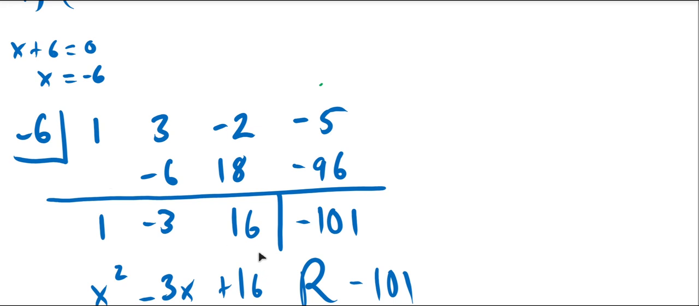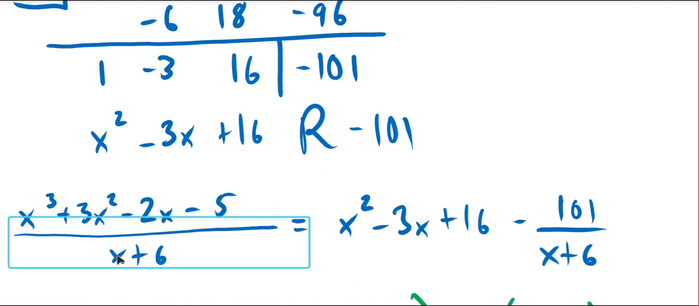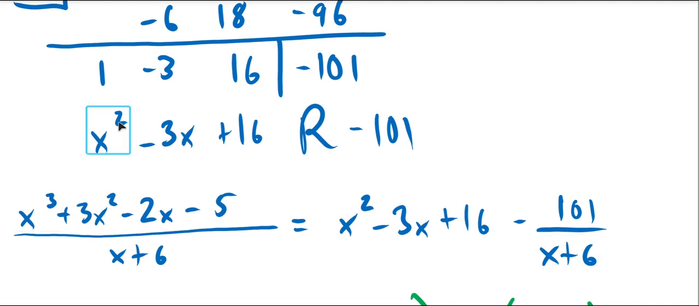16 times 6 is 96, and the negative sign here makes this a negative. Adding these together, we get 101, and so that's our remainder, negative 101. To write that in the proper form, we can get this rational function to be this polynomial minus 101 over x plus 6. Notice we drop down from cube to a square, and then write these numbers as the coefficients